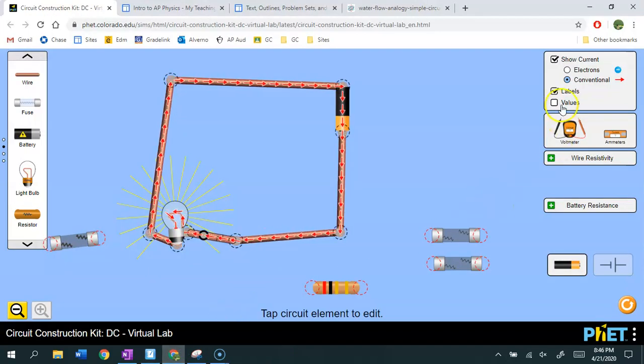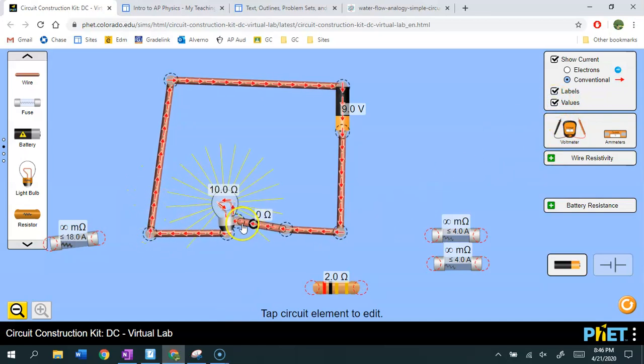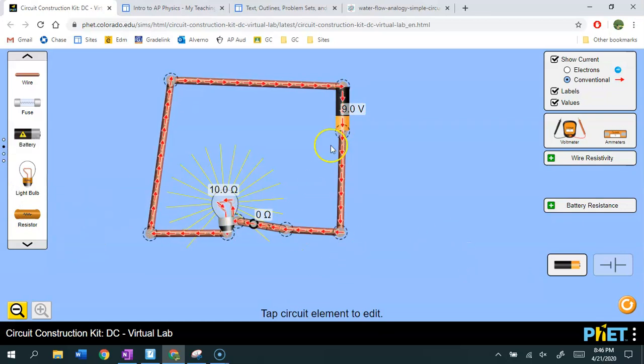All right, now I'm going to show you some values. So here you've got a 9-volt battery. Let's put some of these things away because we don't want to confuse anybody. So I'll put the fuses away. Now, you've got a 9-volt battery, all right? That's telling you how much of a push it can create for that current to flow. Now that light bulb has a resistance, right? It's resisting that current. That doesn't mean it's going to push it back the other way. It's just slowing it down, okay? And so as that current flows through,